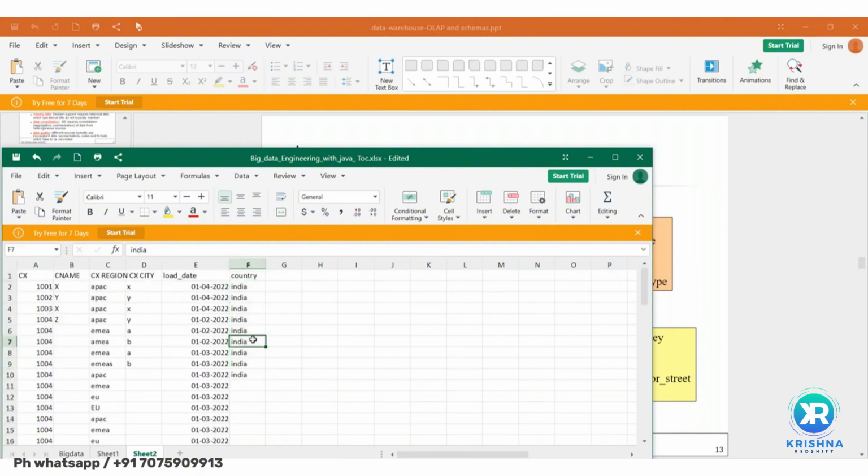This is what I'm saying. It will come as India or no? For all the Indian people, country will come as India or no? Yes, sir. Similarly, if India has 100 million records, for all the 100 million people, country will come as India. And for the next 101 million, if they are American US people, let's say, for them, country